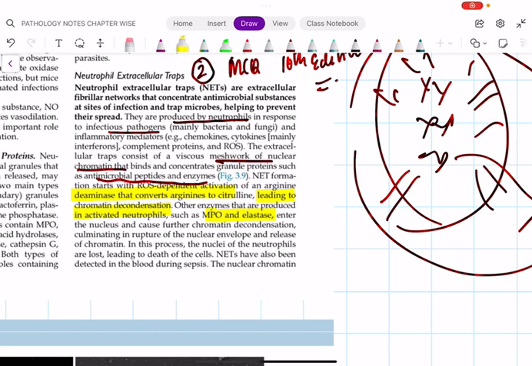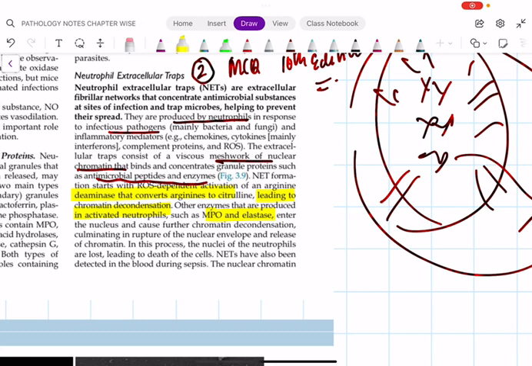So the microbes are there. Neutrophils form a net. It traps the microbes. And because of this chromatin decondensation, what will happen? The nuclei of the neutrophils are lost, so the neutrophils will die. The neutrophils along with the bacteria, all those stuffs will die. So it can't spread. Remember,